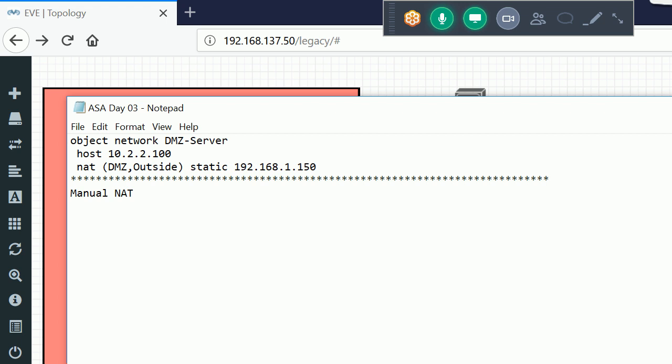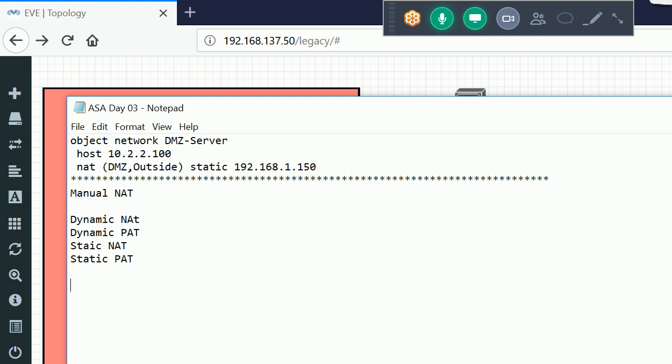In manual NAT we have the same kinds of NAT. First one is dynamic NAT, then dynamic PAT. We always use dynamic PAT. After that we have static NAT and static PAT.